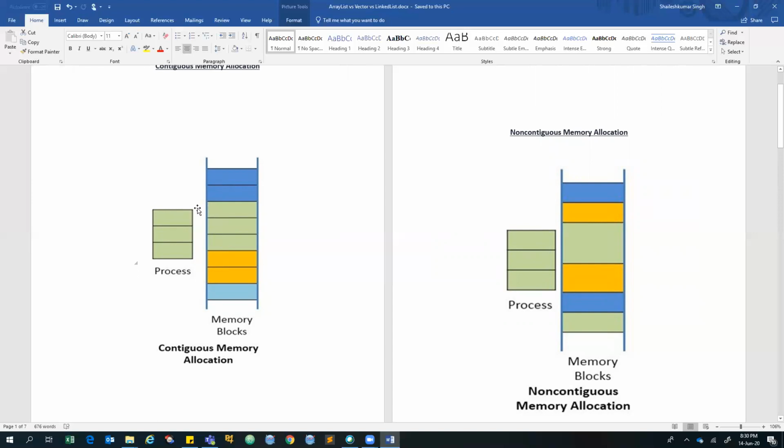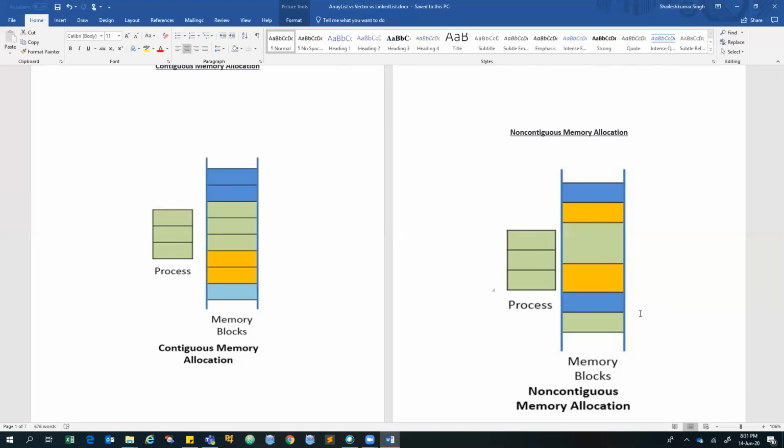If it has accessed this block, it can access the next block directly. So there is no overhead; it can easily access the next block. But in the case of non-contiguous memory allocation, the bytes are stored at different locations, so it is not sequential. Suppose you have accessed this block, and where you have to go from this block is stored as the next address in this block, and from there you can go to the next block. So this is an overhead. This is just the basic difference between contiguous and non-contiguous allocation.